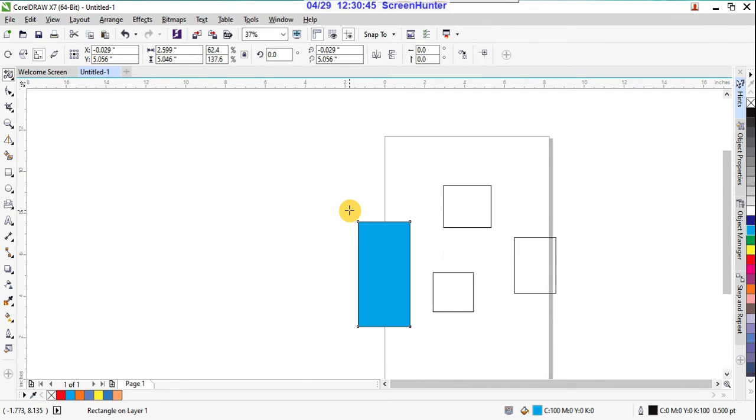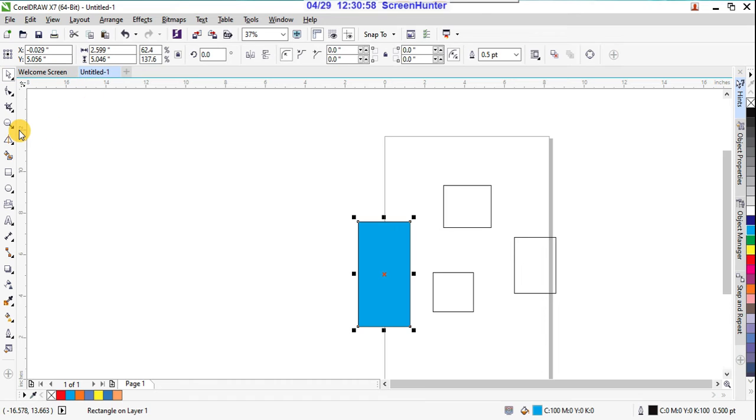So how you want, you can choose yourself. So these are the selection tools, and at different times, in different ways, we have to select objects, right? Perfect. Next tool category, we have shape tool, smooth tool, smear tool, twirl tool, attract, repel, smudge and roughen.